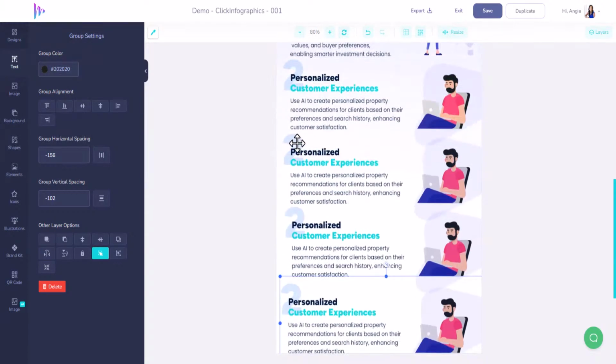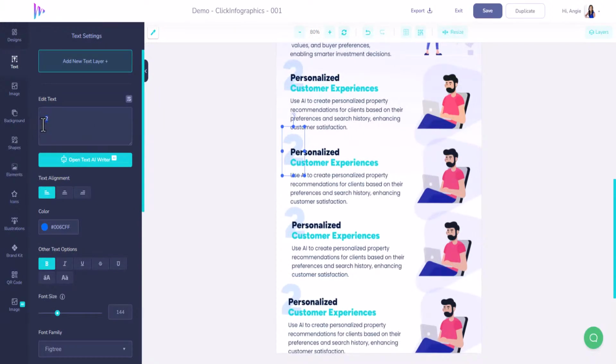We need this one. So I'm going to change this one to a 3. I'm going to change this one to a 4. And I'm going to change this one to a 5. So there's our 5. Now we're going to go to this one and we're going to say chatbots